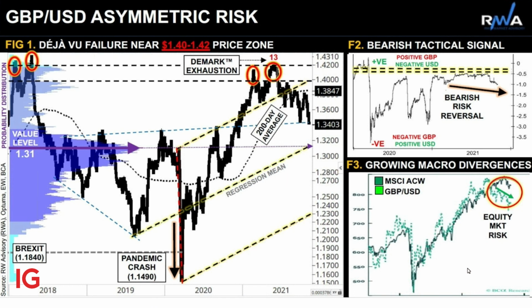So this is the same event, bearish sentiment, where the market has failed to break above this very important ceiling. And what it does suggest in terms of downside risk now and into the new year is a move beyond the current support at 134 into 131, which is an equilibrium value level according to different price analysis that I use. So certainly further downside for the pound versus the dollar,